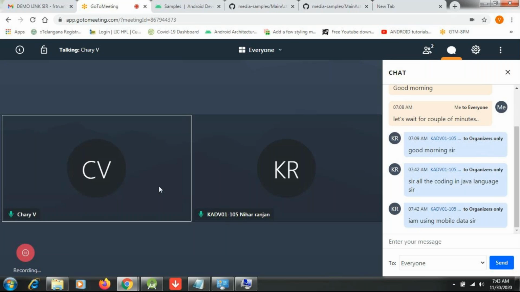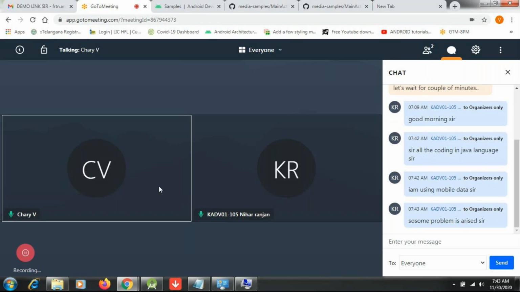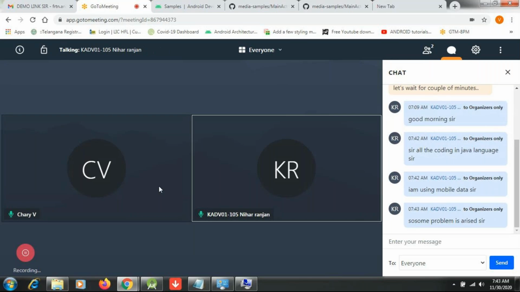So basically, even the SDK was built with Java only, all the Android coding is